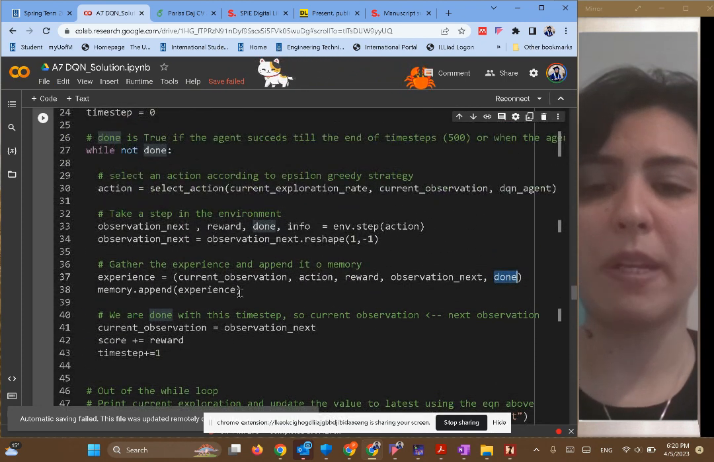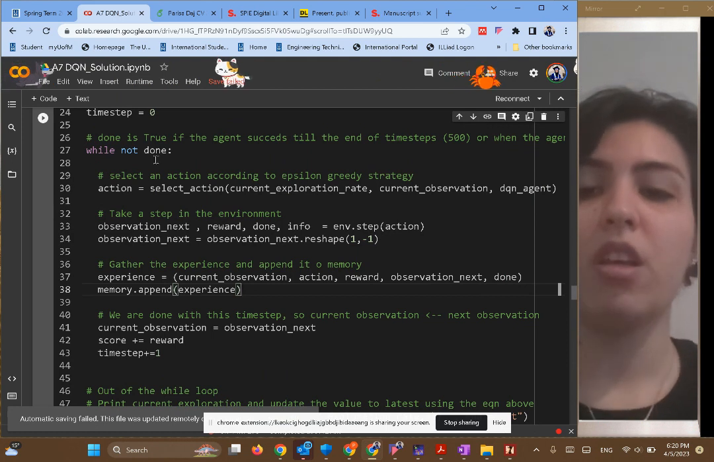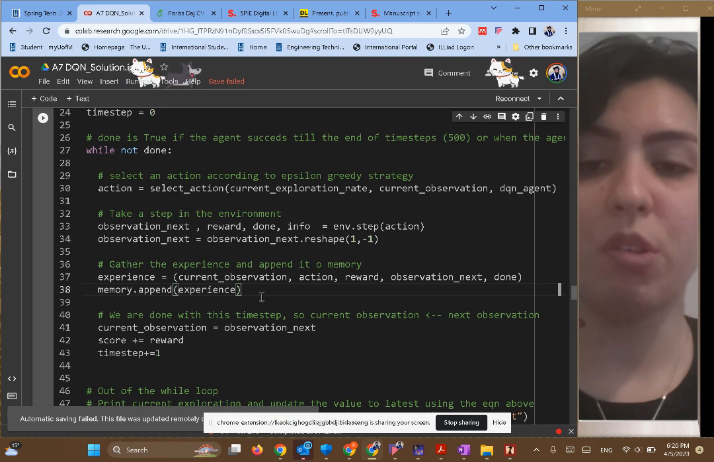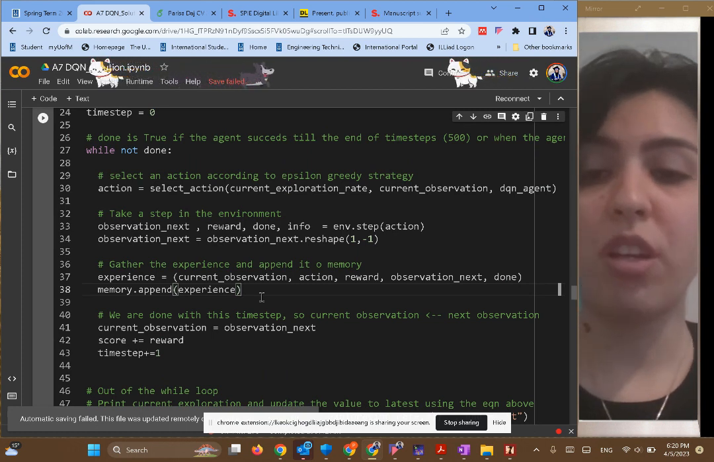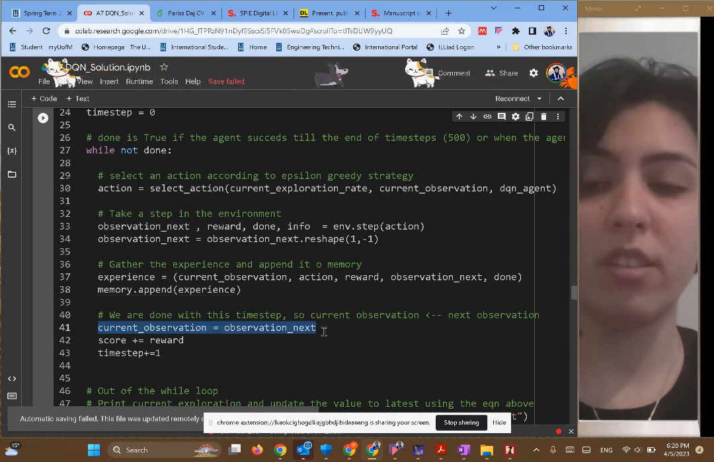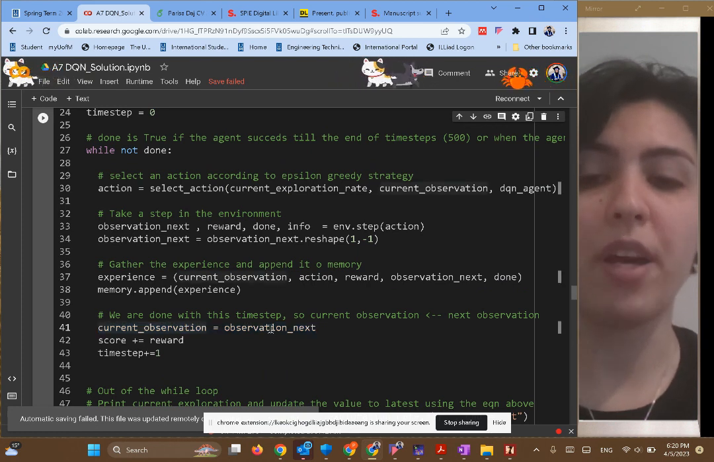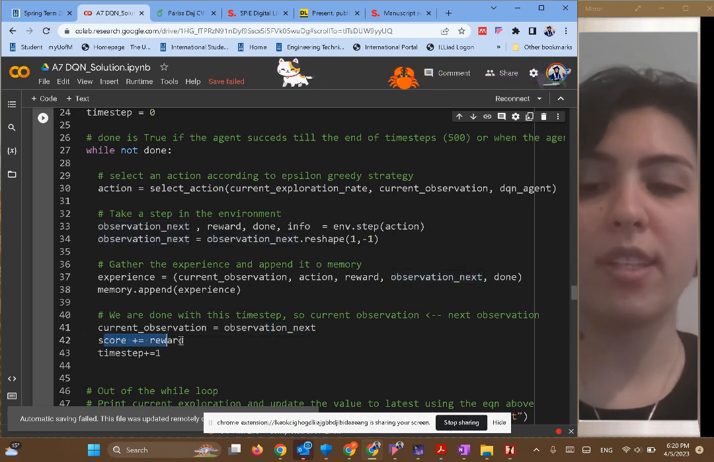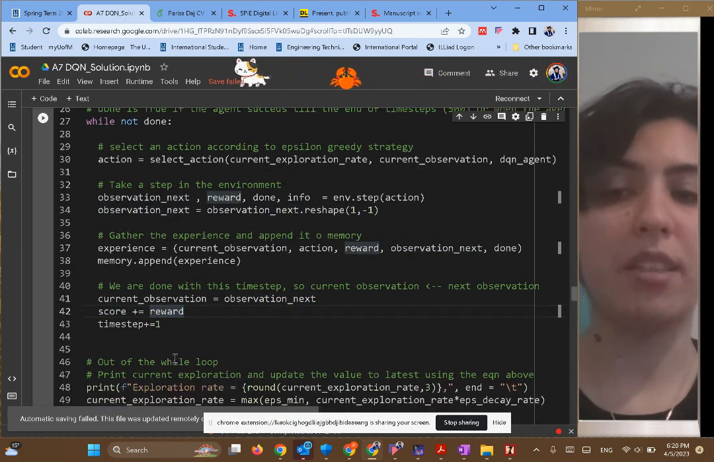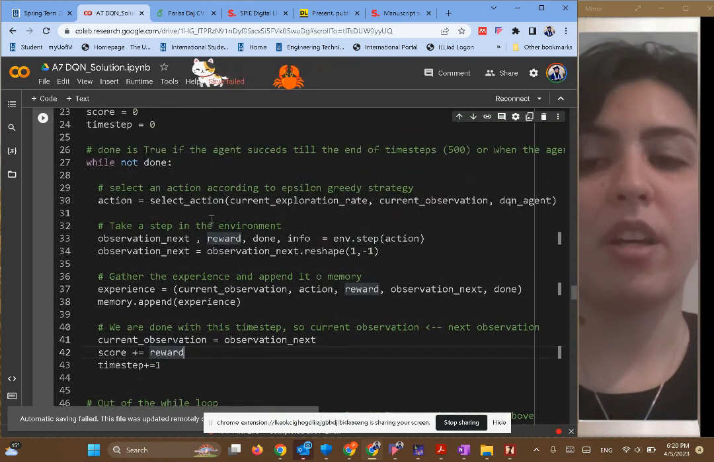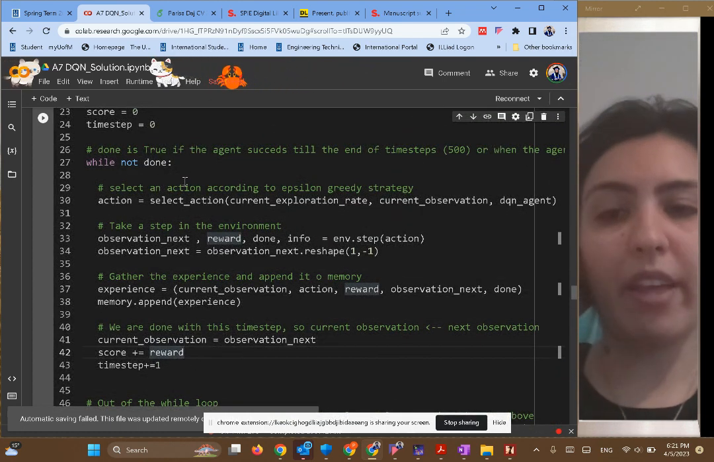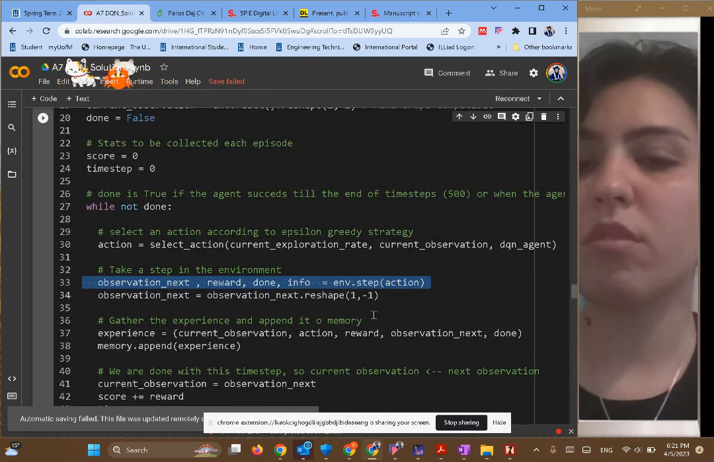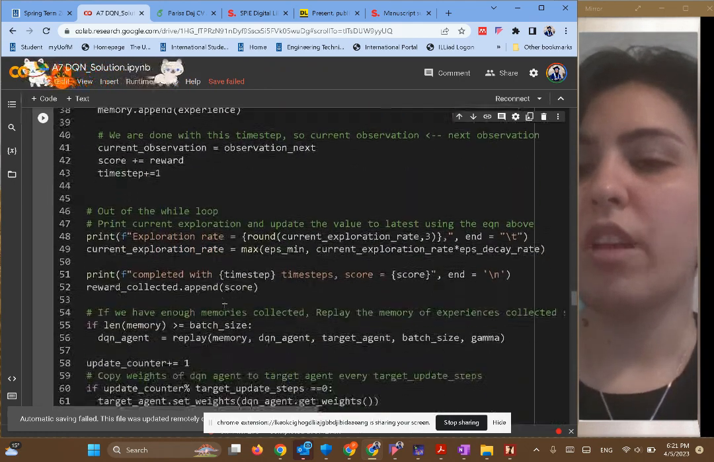So imagine that the time step has finished here, so we want to define whatever has happened here that was considered for the future. From now on, it's the current situation. So current observation will become our next observation, because we are moving to the next time step. The score is added by reward, and time step is added by 1. And this loop keeps going until it gets done here. And then